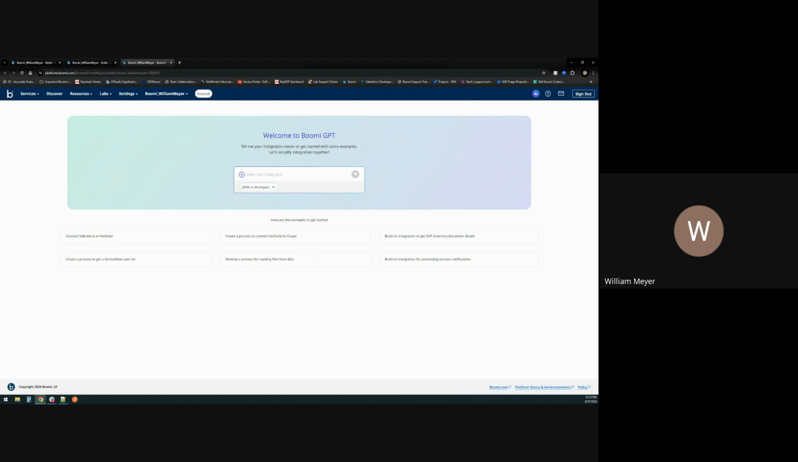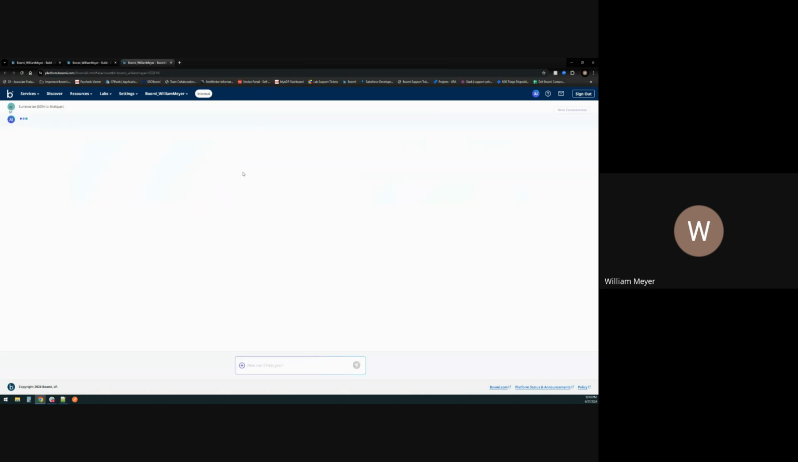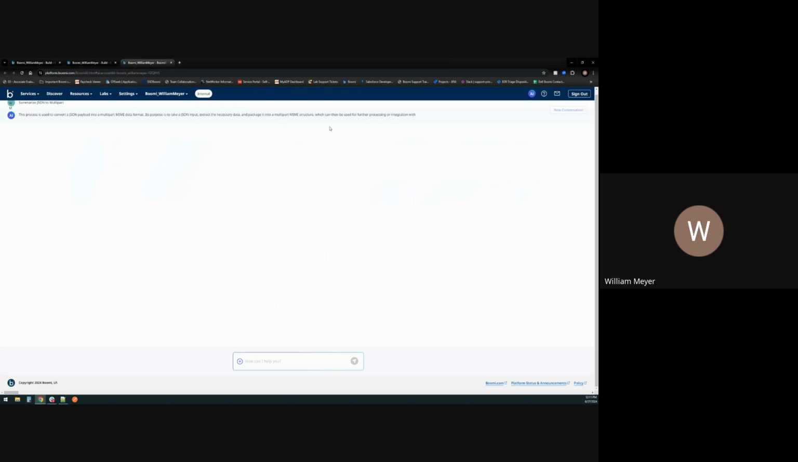You can see it. And then I'll tell it I want it to summarize it. And to do that, just type in summarize here and hit go. And it may take a second, but it should write out a summary of what this process does. And as you can see, it writes out a quick summary of what the process does